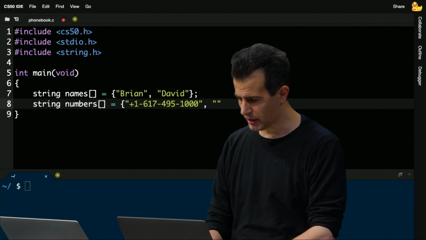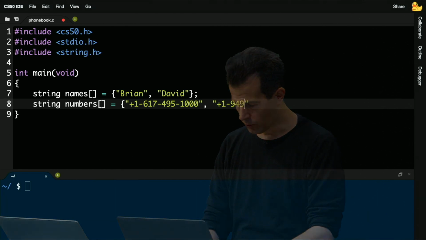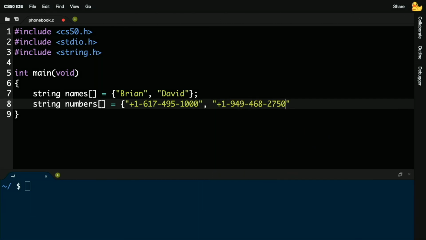And then my number here, so we'll do +1, 949, 468, 2750, close curly brace, semicolon. So I've gone ahead and declared 2 arrays, one called names, one called numbers. And I'm just going to have a sort of handshake agreement that the first name in names corresponds to the first number in numbers. The second name in names corresponds to the second number in numbers. You can imagine that working well so long as you don't make any mistakes and you have just the right